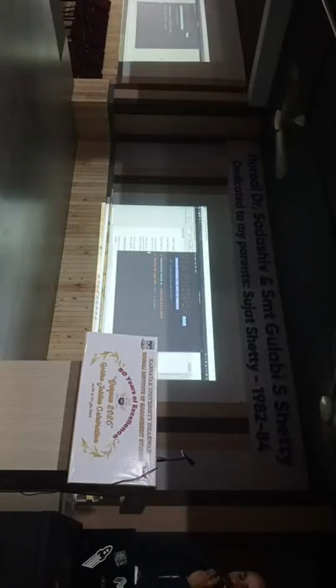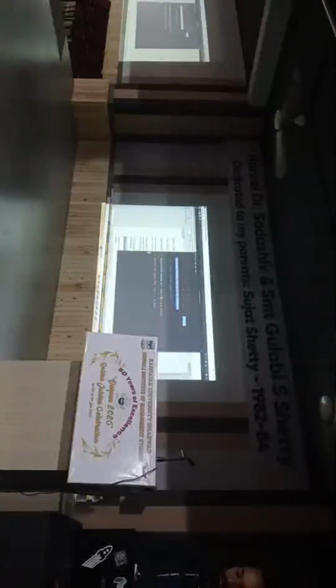What can I do with this link? I can copy this link, put it in text, mask it with text as well. And then when a victim goes to that link, what are they going to see? This is the Instagram login page, right? Anything they want to write here, so let's go Karnataka Uni